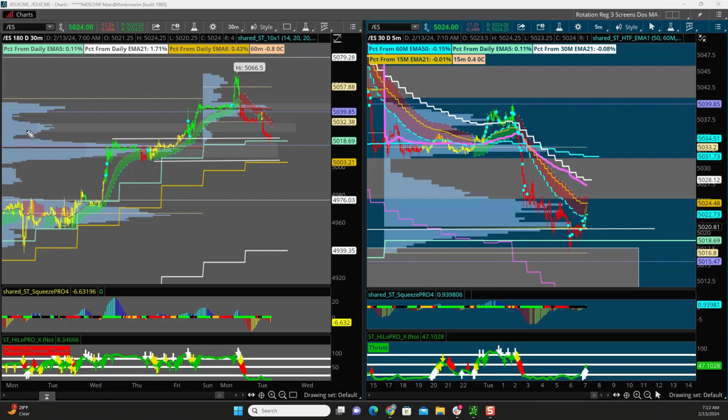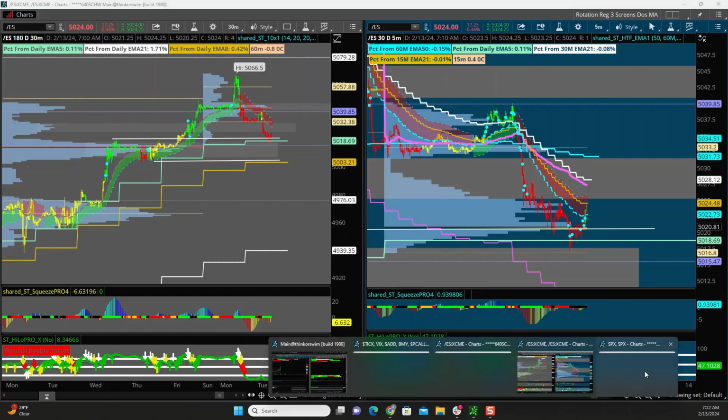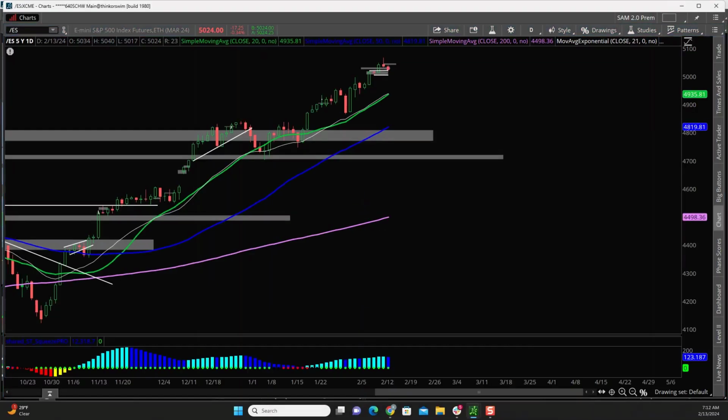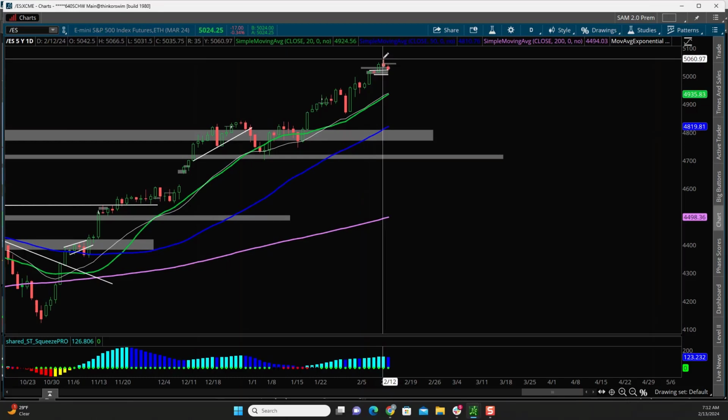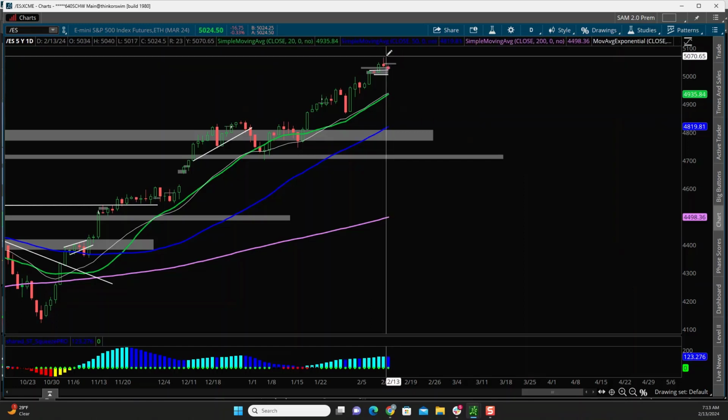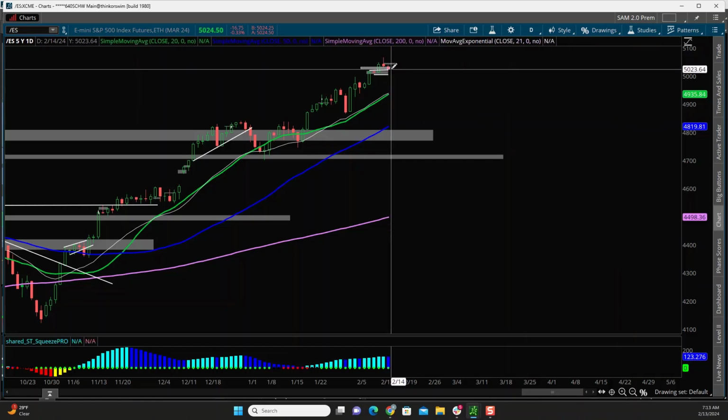We came up to the third ATR yesterday. I mentioned in the plan of attack yesterday that we're rallying up. Here it is, we got outside the third ATR. I said I wouldn't be surprised if we come back down and have an inside day. Not really as much of an inside day as I was looking for, but we did come outside the third ATR like we talked about, and now we're sitting right on top of the support.